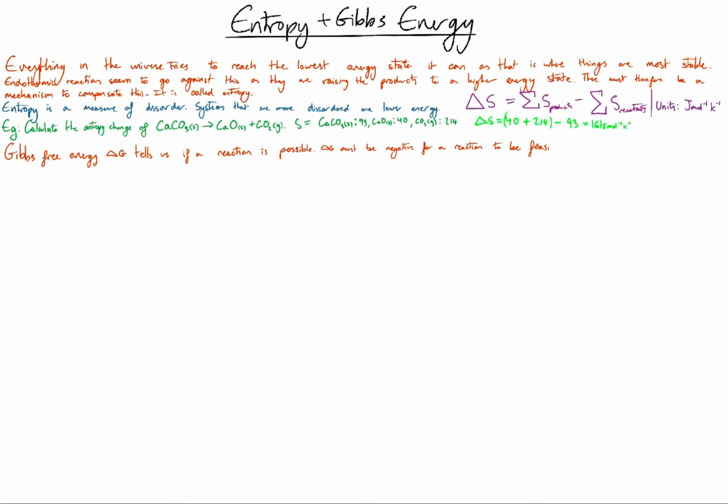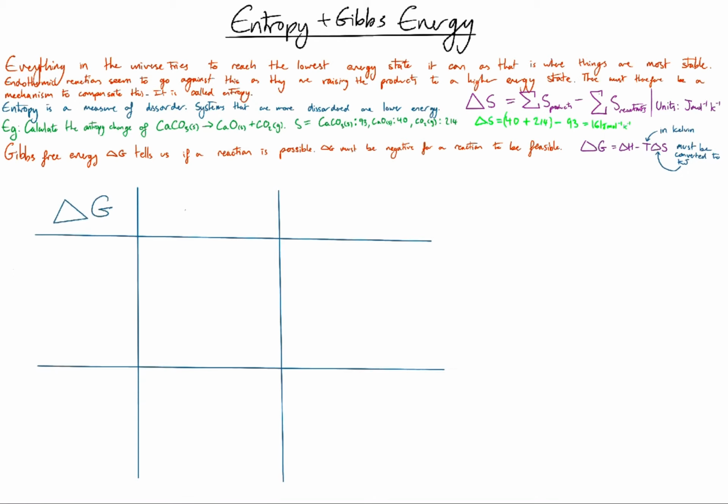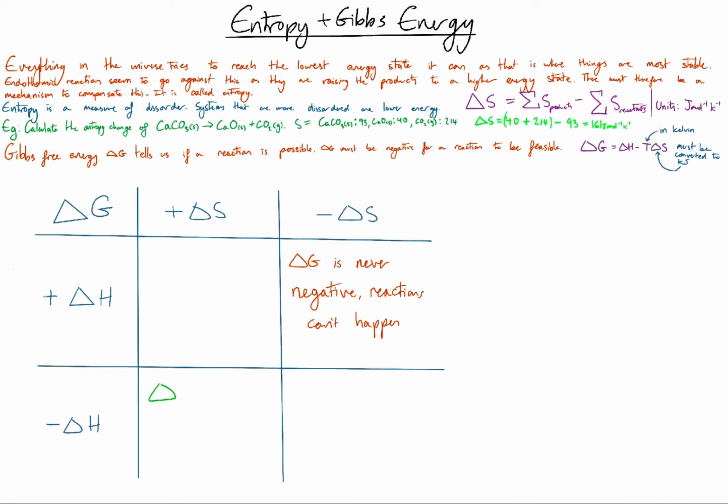It combines the delta H of the reaction with the delta S of the reaction to tell us whether the reaction is moving to a higher or lower energy state. The equation is delta G equals delta H minus the temperature times delta S. We can use this fancy graph here, chart, to tell us whether a reaction is likely to be feasible at